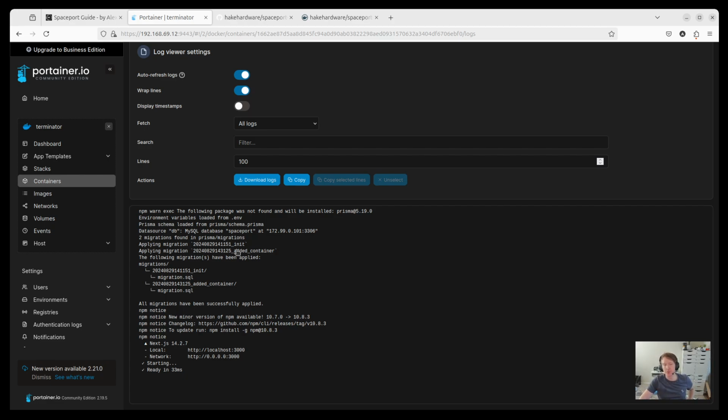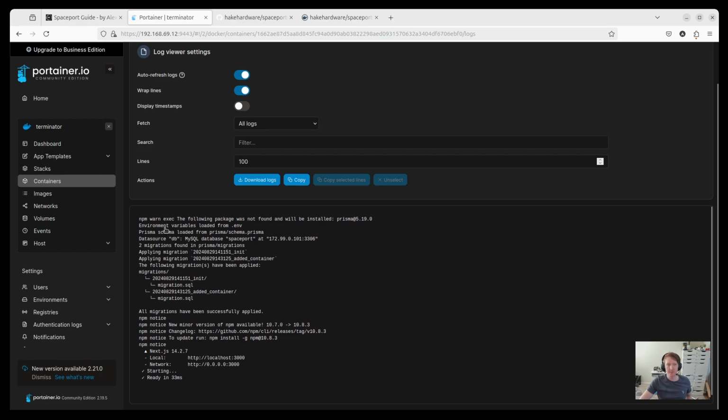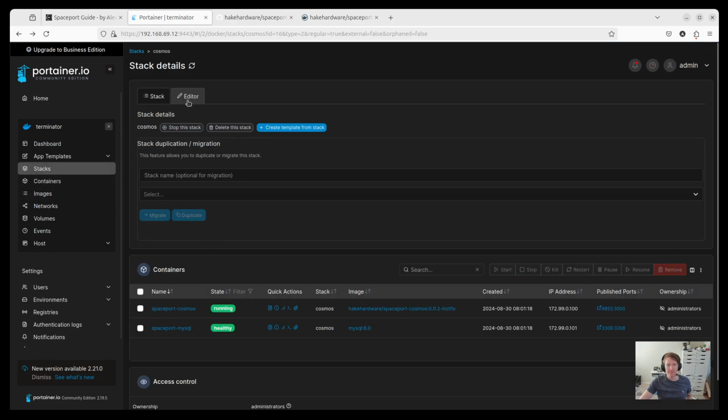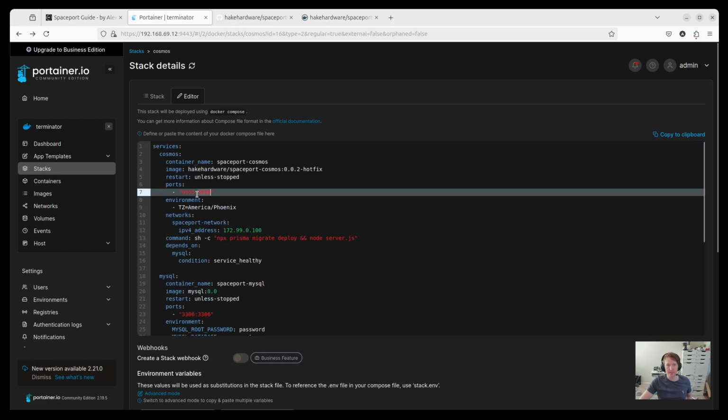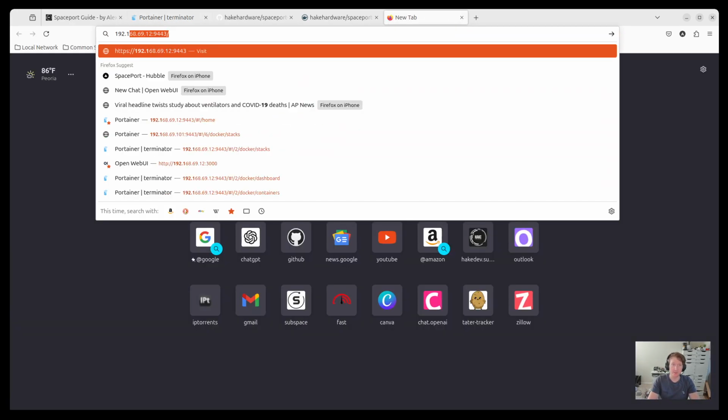So if like I push out version 0.0.3 and you update to that, and let's say I modify the schema and make changes, like I add a new table, it's going to run those migrations and then it's going to start up. And we can see it says localhost 3000, but because we are porting 3000 to 9995, for me, I'm going to do